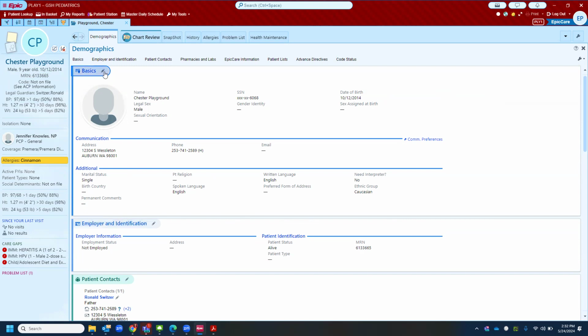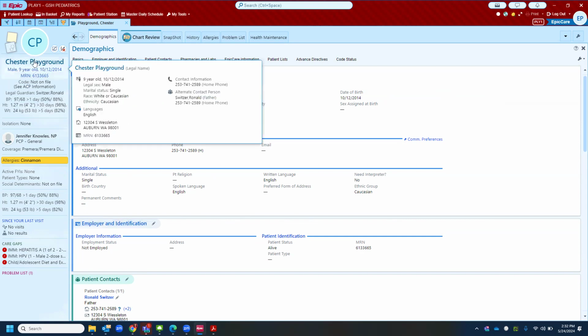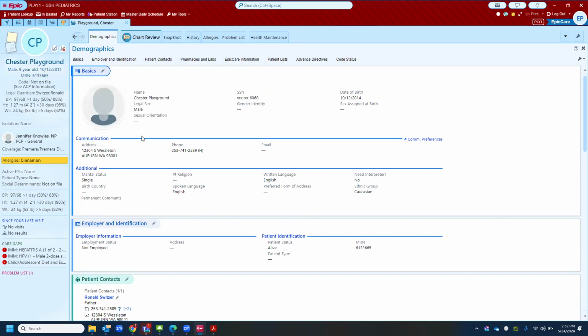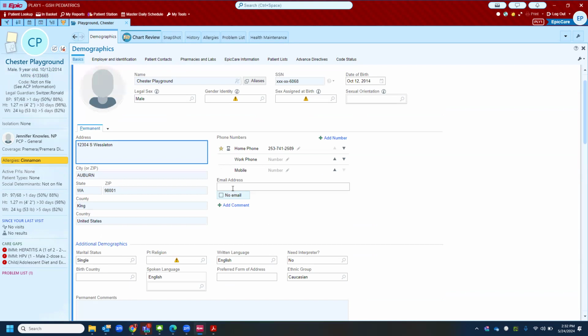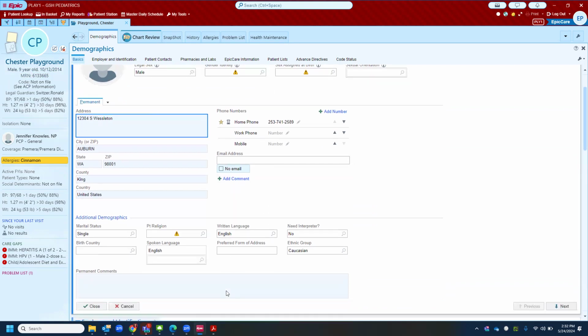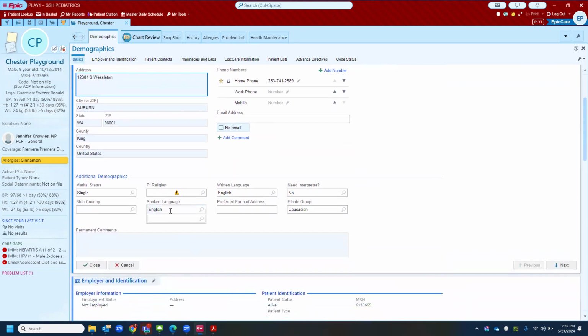Let's click on, so here, all I did was click on the patient's name, and it brings this up, and then you can edit the basics. If we go right here, you can see spoken English. And then they even have written language is English, and an area to put whether they need an interpreter. And you could put in the comments, parent